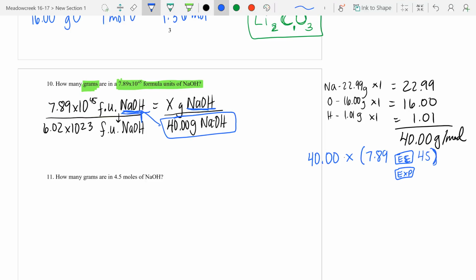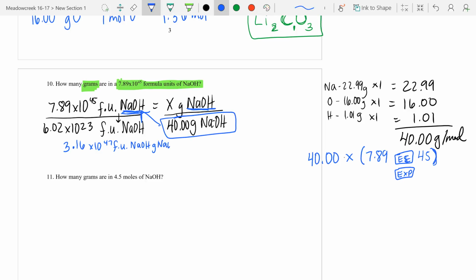So when I do that, 40.00 times parenthesis 7.89 EE 45, and I close my parenthesis and press enter, it gives me 3.16 times 10 to the 47 formula units of NaOH,